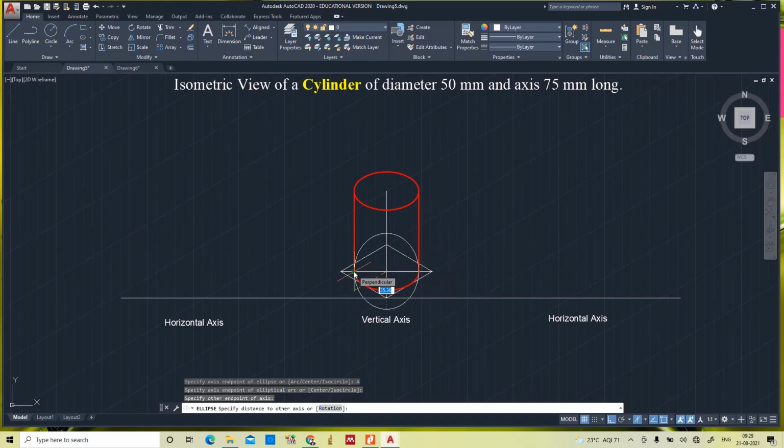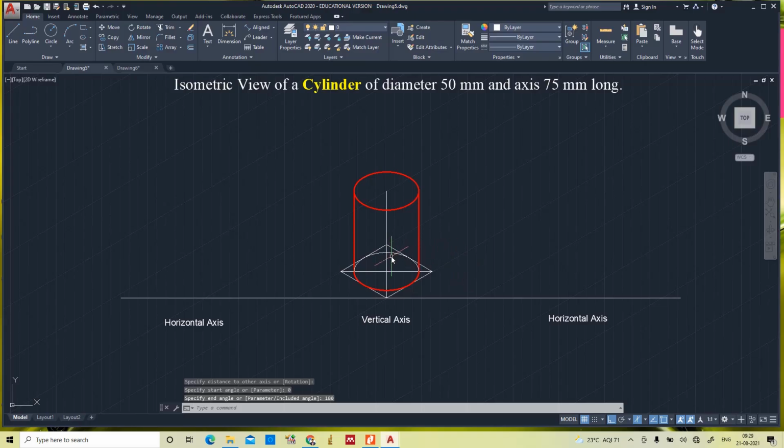Now, after choosing, it is asking to specify the distance to other axis. Here you do not know it exactly, but you can move the cursor so that it fits exactly to the rectangular box. Yes, finished. After that, it is asking to specify the start angle. We started from this point, so I am making the start angle 0, and then specify the end angle. 0 to 90, 90 to 180, so the end angle is 180.